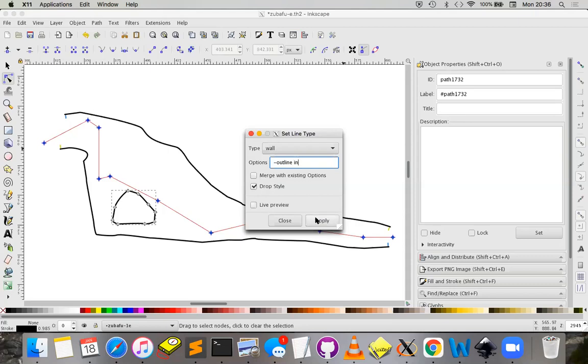By default, all the outer walls have an outline attribute set to out in Therion. But if you're drawing a pillar, you have to tell Therion that this is essentially wall or rock that is within what you have drawn, and instead of being outline out, it's therefore outline in. We apply,